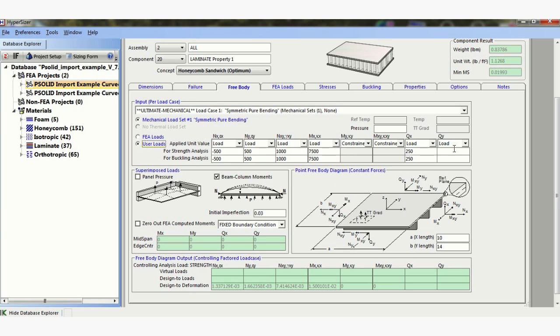Probably one of the better features of this program is that I can manually put in these loads. So this is something I do like. This is definitely something required, because I may not want to rerun the FEM. I may want to, for some of my components, just put in some hand loads just for now to arbitrarily change the loads. But